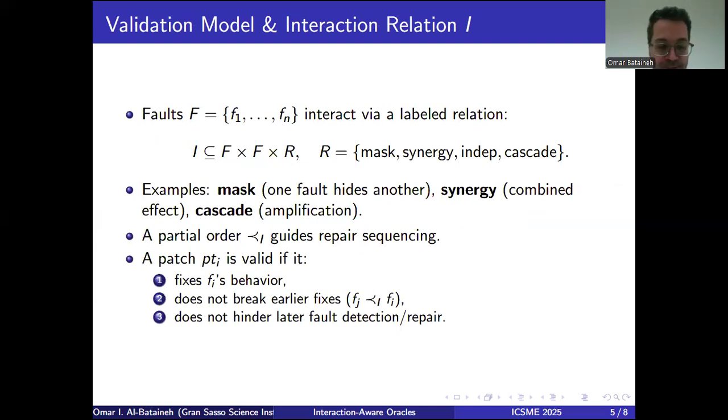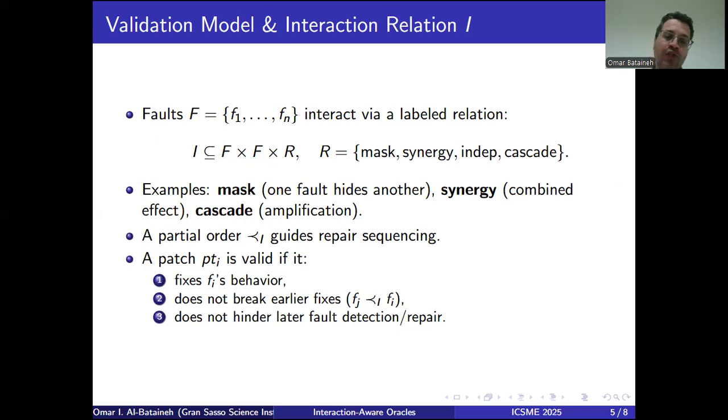However, to effectively analyze and validate patches for multi-fault programs, we need to infer what we call the interaction relation I. The goal is to understand the interaction relationship between the set of faults F in the program and classify these binary relationships among the faults into masking, synergy, cascading, or independent faults, because independent faults can be handled in a different way than interacting faults. So they can be repaired separately, while interacting faults need to be handled in a coordinated manner in order to avoid rejecting valid